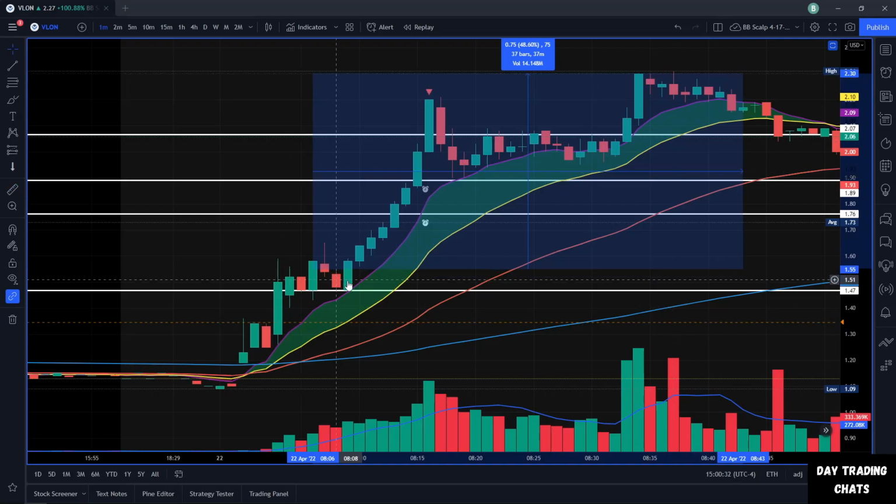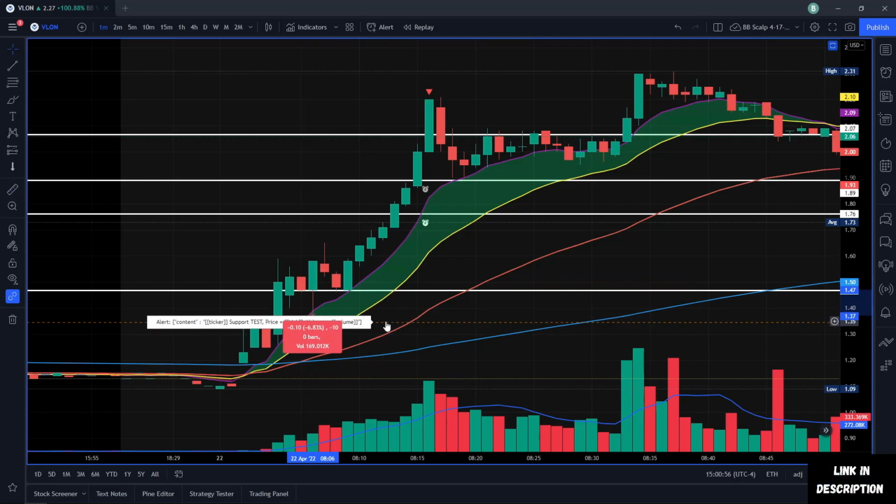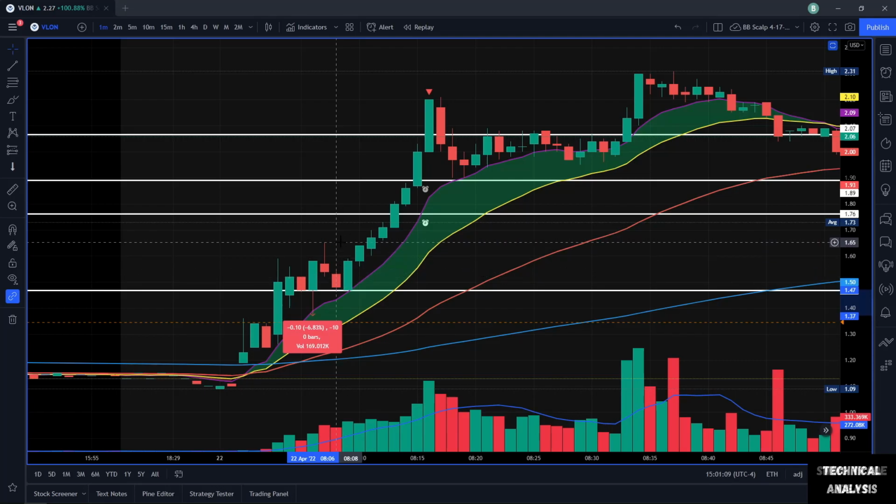So you can see how entering on this break here, on this bullish engulfing candle, using the 9 EMA as our entry area, using the 20 EMA as our stop loss level, is just a really great trade. It worked out to be a really great trade. So if we were to start entering on this line here, which is around that purple line, and use that yellow line as our stop loss, again, it's a 10-cent stop loss, okay? So this is a 1-to-1 risk to reward, which is not huge. So you're buying here, putting a 10-cent stop loss on it, saying, I'm willing to risk 10 cents on this trade, but if it goes up 10 cents, I'm shaving the position,